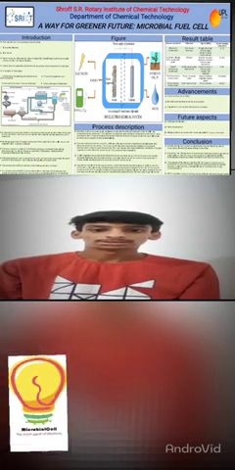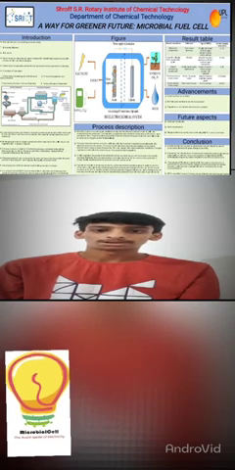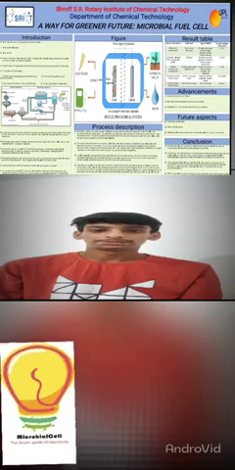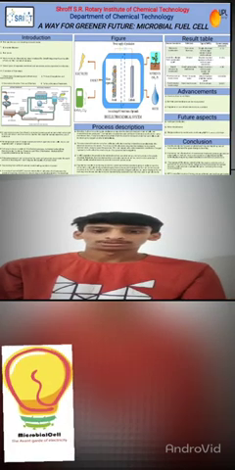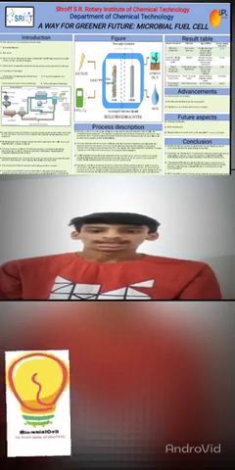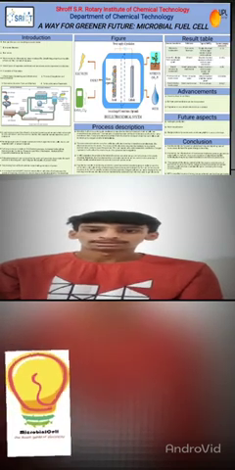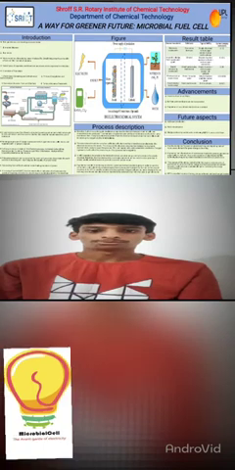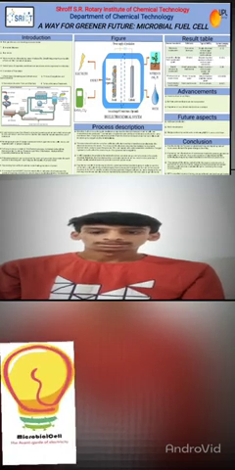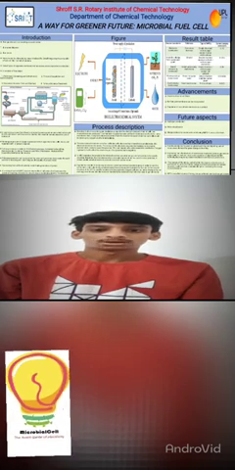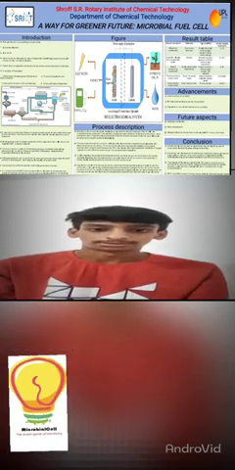During the oxidative half, the glucose breaks down into carbon dioxide, H plus ions and releases electrons. This released electron is captured by the anode and transferred to the cathode. The H plus ion is transferred from the anodic compartment to the cathodic compartment via the proton exchange membrane. This whole movement of electrons and H plus ions completes the circuit and produces electricity. So this is how a basic microbial fuel cell works.